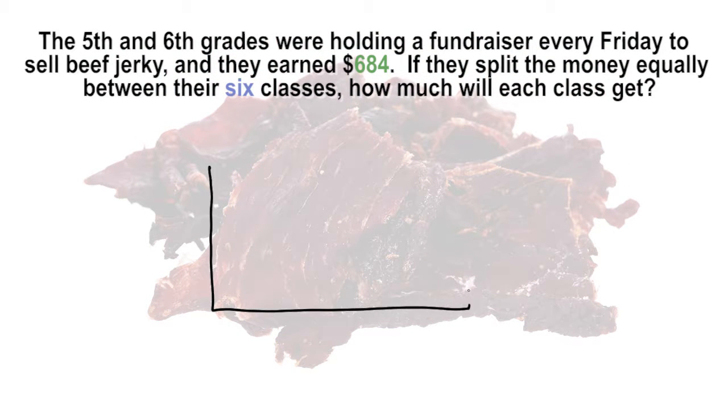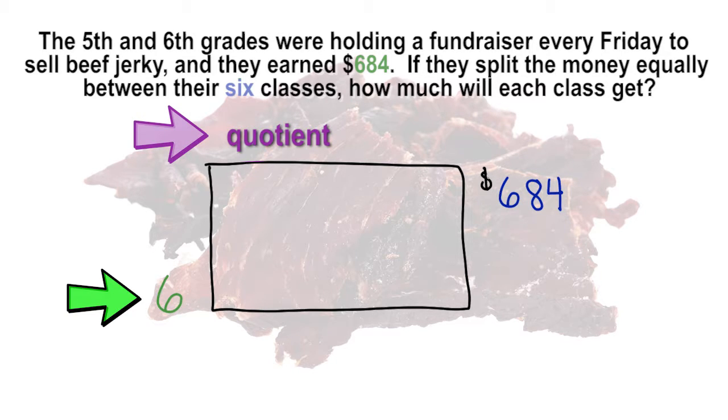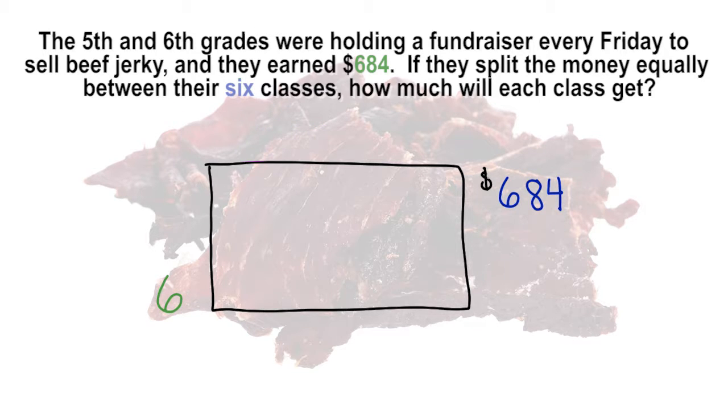In the open area model, place 6 on the left side of the rectangle as the divisor to show the number of groups that the total will be split into. Then place the $684 on the far right to show the total or the dividend that we begin with. Remember from previous lessons that the divisor 6 is one factor that will multiply by the quotient or the other factor to make $684. Since we are working with three-digit dividends in this lesson, we will begin separating out chunks